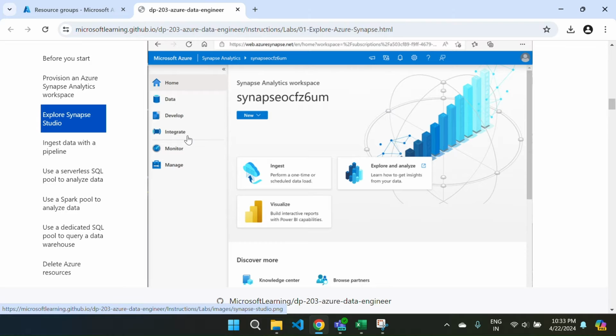Now the Integrate page, which is also empty. Use this page to manage data ingestion and integration assets such as pipelines to transfer and transform data between data sources. Okay, now for the Monitor page, this is where you can observe data processing jobs as they run and view the history. For the Manage page, this is where you manage the pools, runtimes, and other assets used in